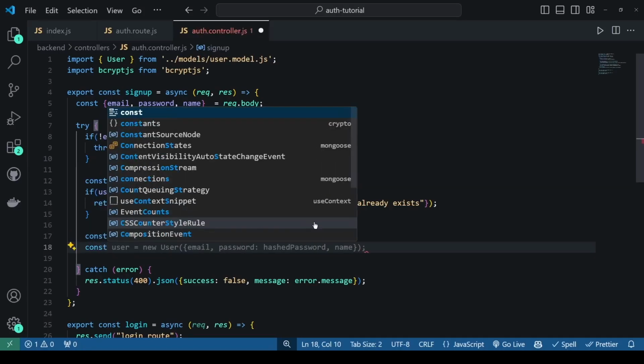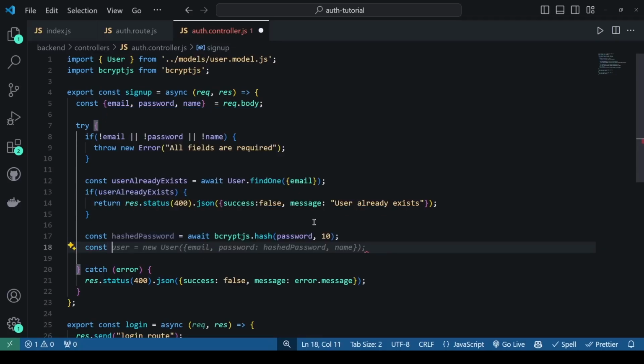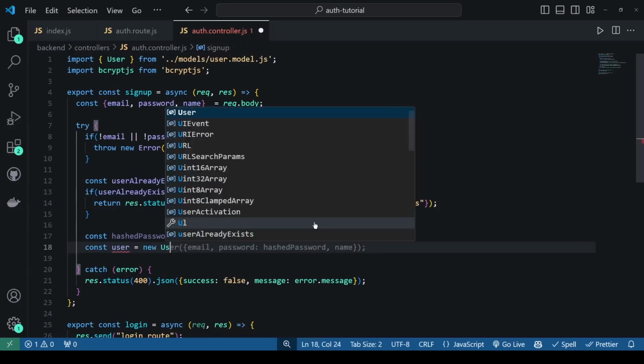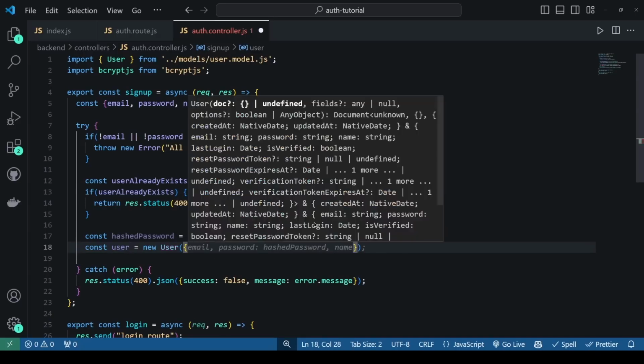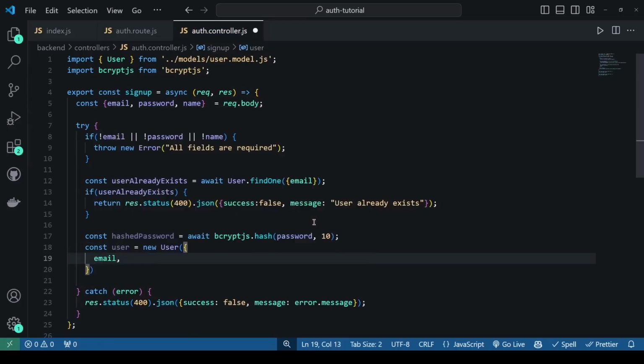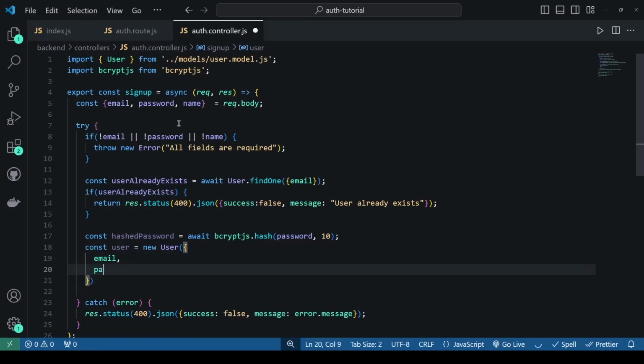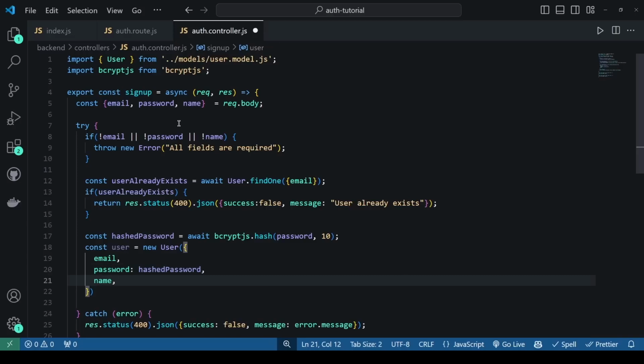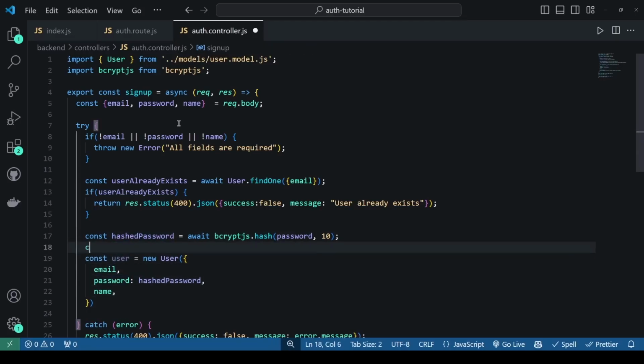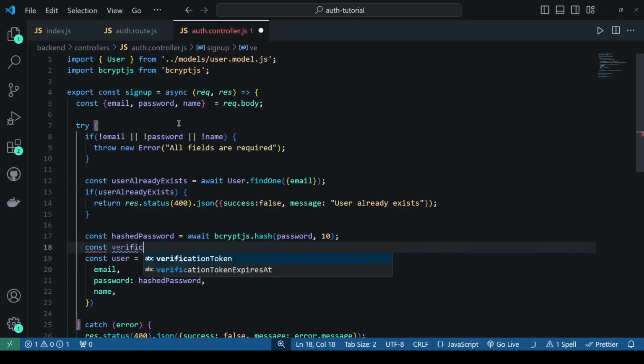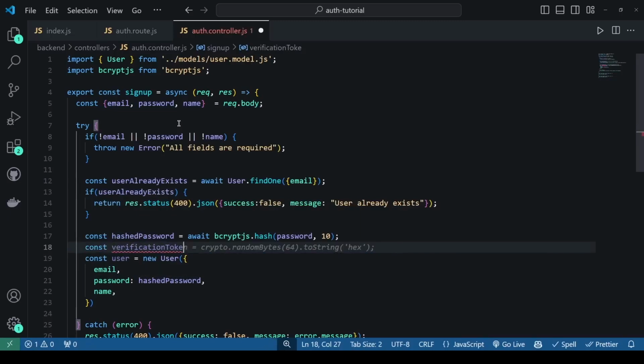Let's say after we created the hashed password, we can create a user, right? I'll just say const user, and we'll say new User, where we can put an object. So let's just say email. This is the email that the user passed. Then for the password, this is going to be equal to the hashed password, right? And the name. Let's say we also want to create a verification code, and I think we forgot to do this. Let's go here and just say const verification, instead of token, let's just say code, doesn't really matter. Let's say generate